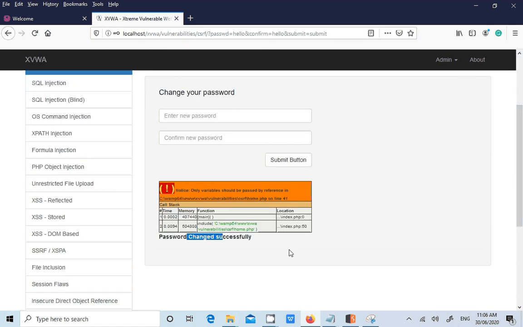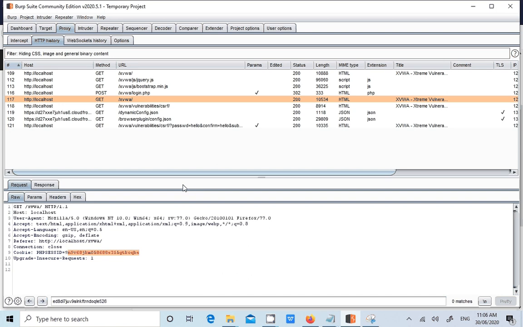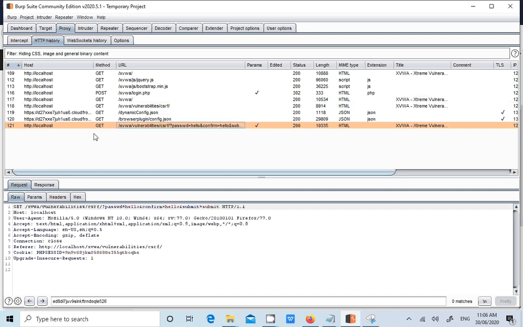Password changed successfully. If you see, it is sending only password and confirm password, but it is not asking for your old password or username. How will the server know that it is you? Because after sending the username password, the server understood that yes.